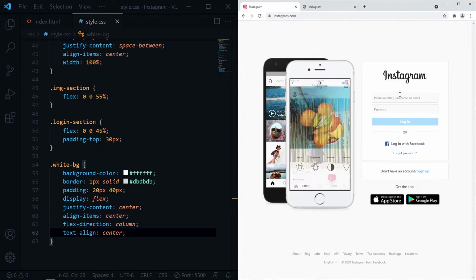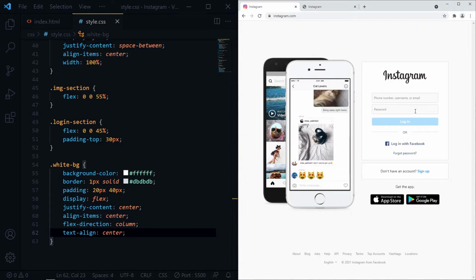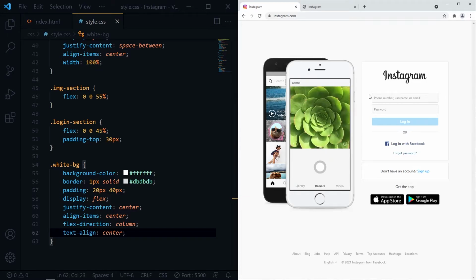For our input, we need to give 100% width, some padding and margin, background color, border, border radius, font color, and font size.